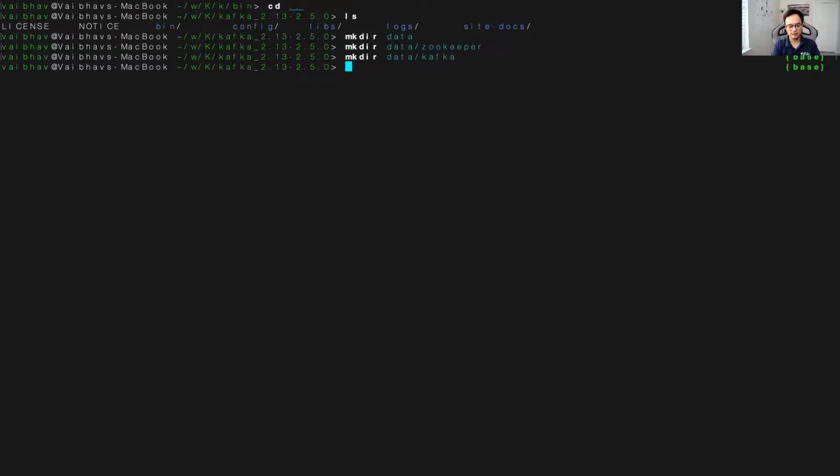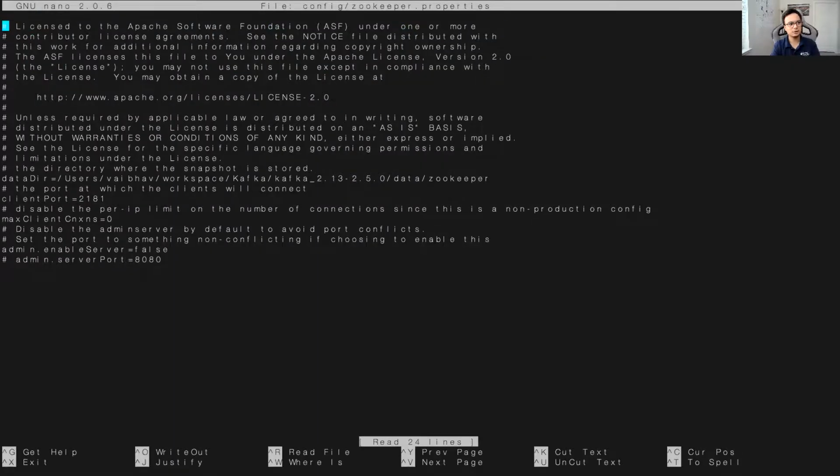Once I have done that, I'm going to go to my config, zookeeper.properties. You go to config/zookeeper.properties, and in dataDir, you put the path of the data directory that you just created for Zookeeper. So it's users, Webber, workspace, Kafka folder, and data/zookeeper.